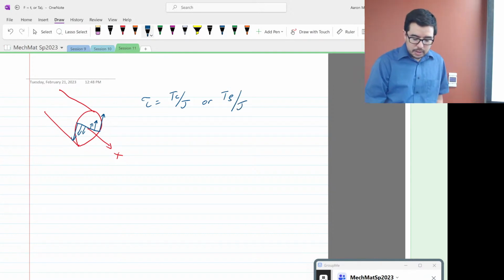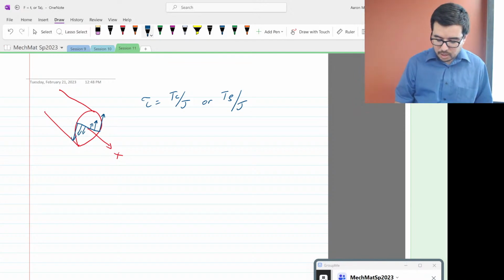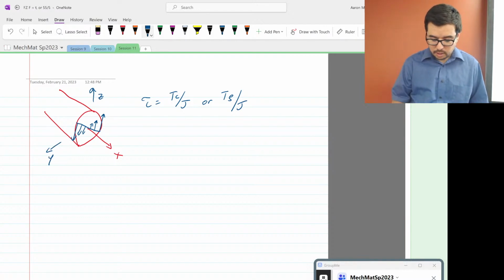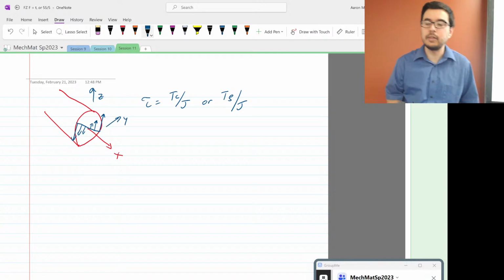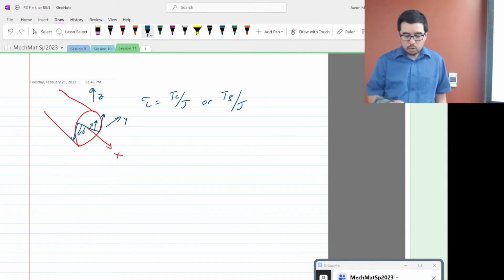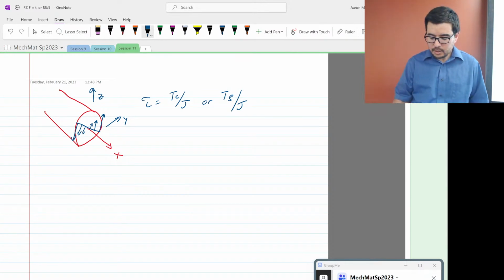So if this is X, coming out, and this is Y, or actually we'll say this is Z, and this is Y. That's not a right-handed system. There, is that good? So that's a right-handed system. So if we're looking at the face,